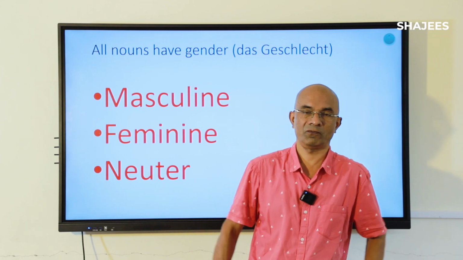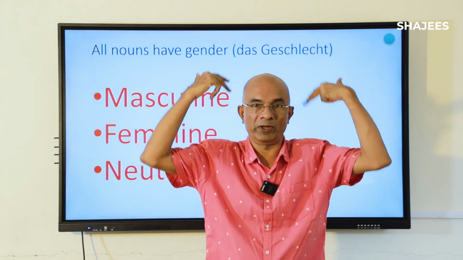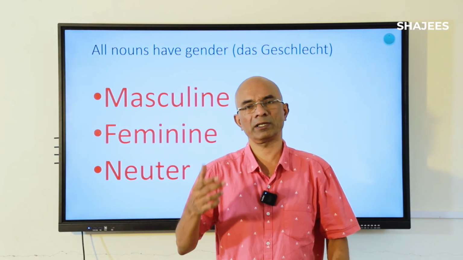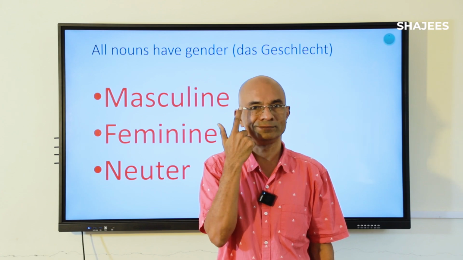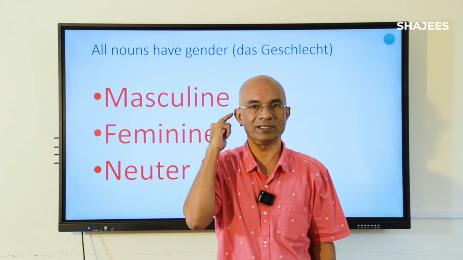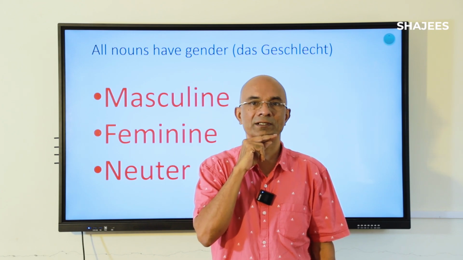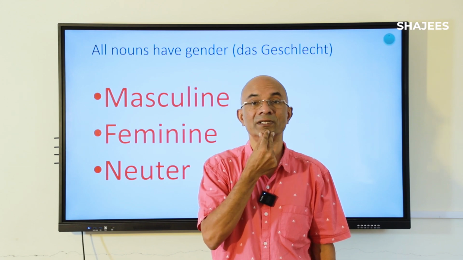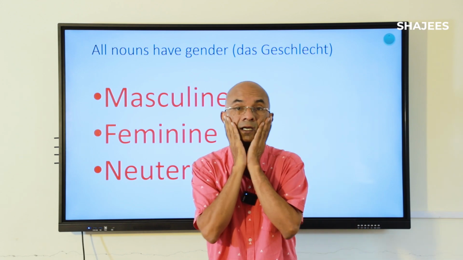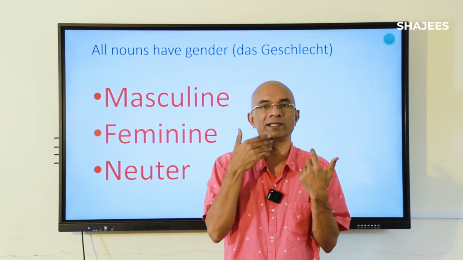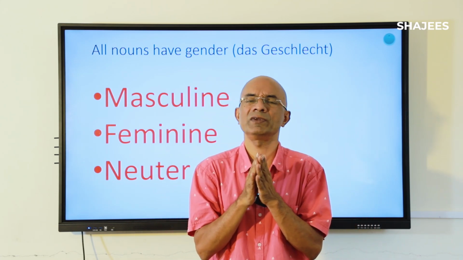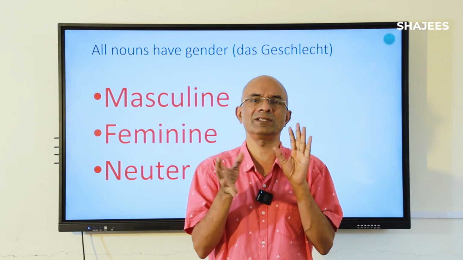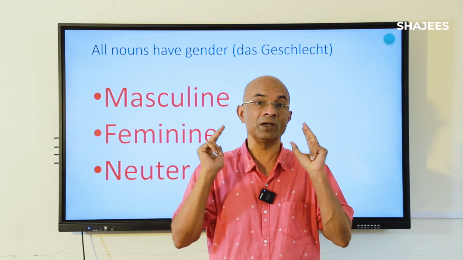If I ask you to learn body parts, okay, eyes, nose, ears, head, cheek, and so on, no beard here, this is a plain face. What is eyes? We don't put any articles. There's no confusion here. But in German language,